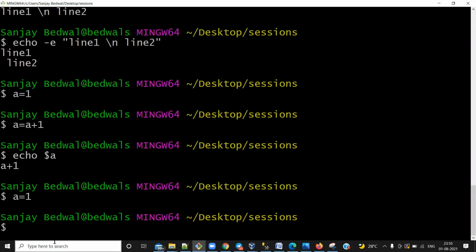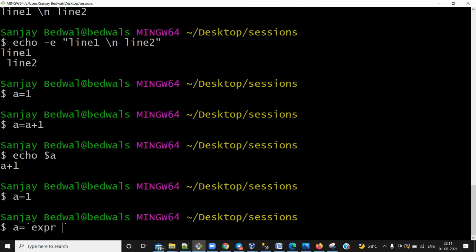So now let me explain what the syntax is for doing an addition. For addition, we will have to use reverse quotes. Please remember this is not a single quote, but a reverse quote. You will find it on the keyboard beside the key for digit 1. Let me type 2 reverse quotes, and inside them you will have to write the keyword expr, which stands for expression, and then we will have to write our expression.